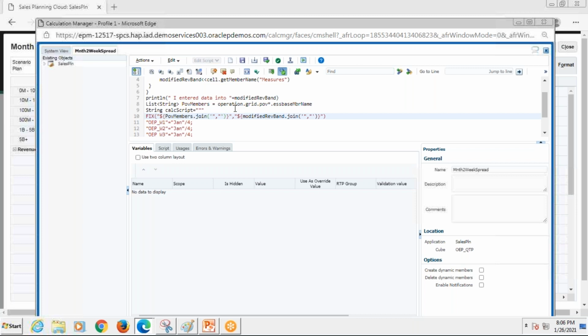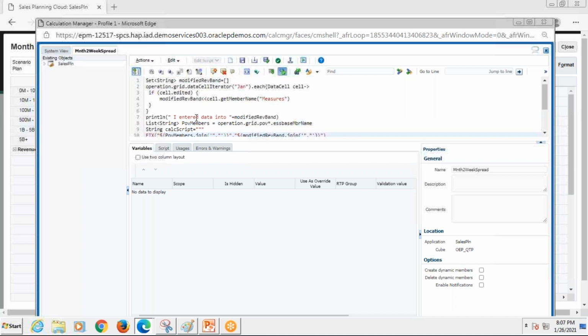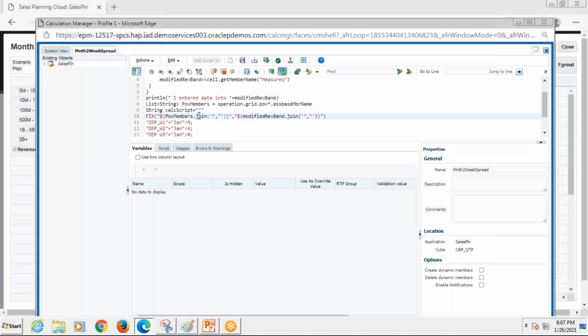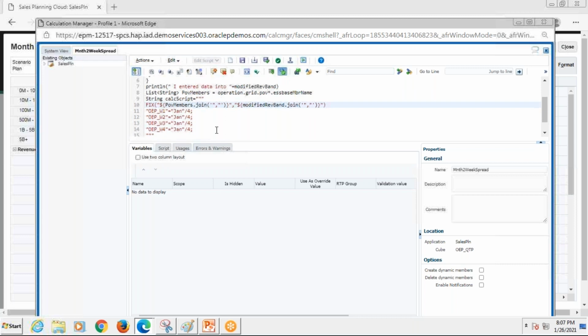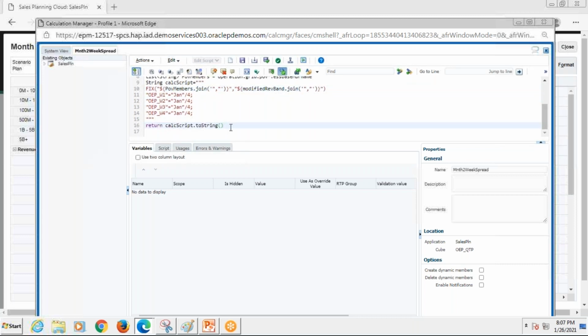Let me give a thought to it and see the data more closely. Dot join, this looks fine. Dollar, this join POV members, POV members, and what we defined, modified error band, modified error band, rejoins of this, return calc script, and then toString.